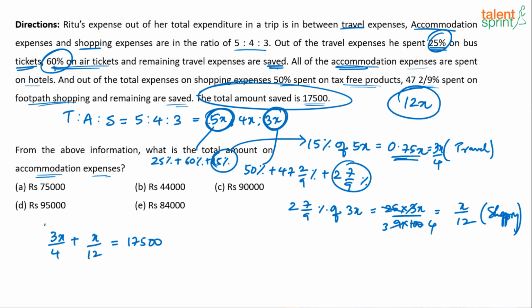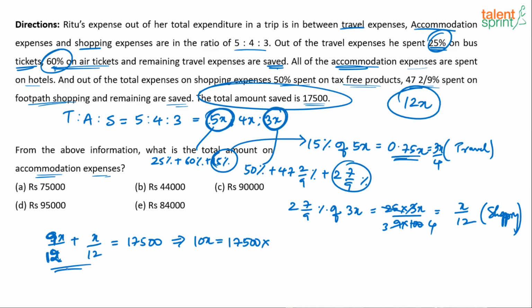I want the LCM, right? Instead of taking it as 3 by 4, I'll take it as 9 by 12. Nothing wrong, right? I'm multiplying both numerator and denominator by 3. So 3 into 3, 9. 4 into 3, 12. You know why did I multiply by 3? Because I want the denominator same, 12. So 9x plus x, 10x. 10x is equal to